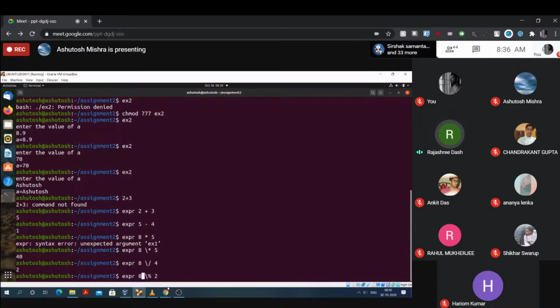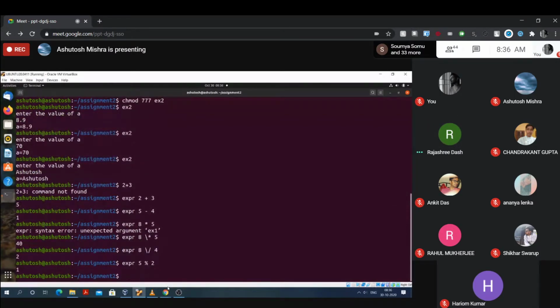Don't provide the backslash. Only write 5 modulo 2. Just check whether you are getting the output or not. Okay. Remember, before the multiplication symbol and before the division symbol, only use the backslash. 5 modulo 2, that means 5 divided by 2, whatever is the remainder, it will be the output. So it was showing you that.